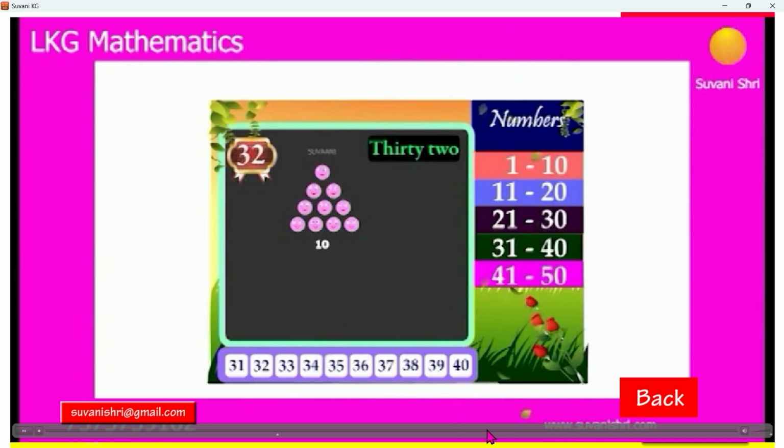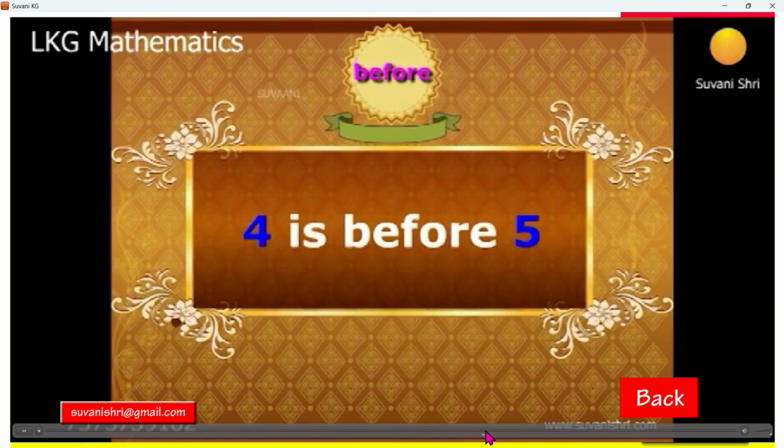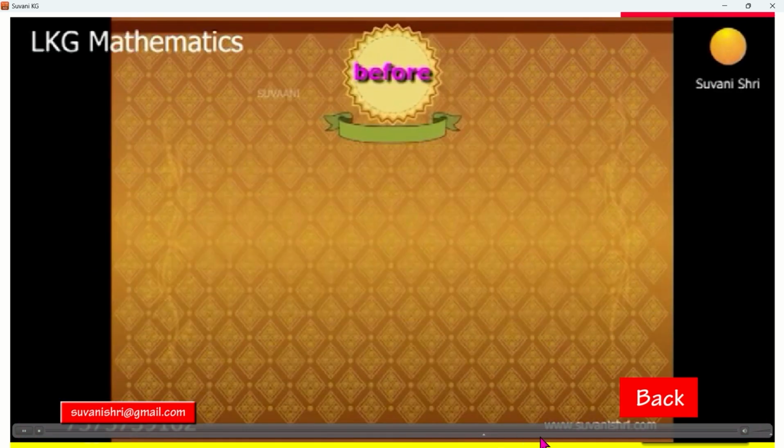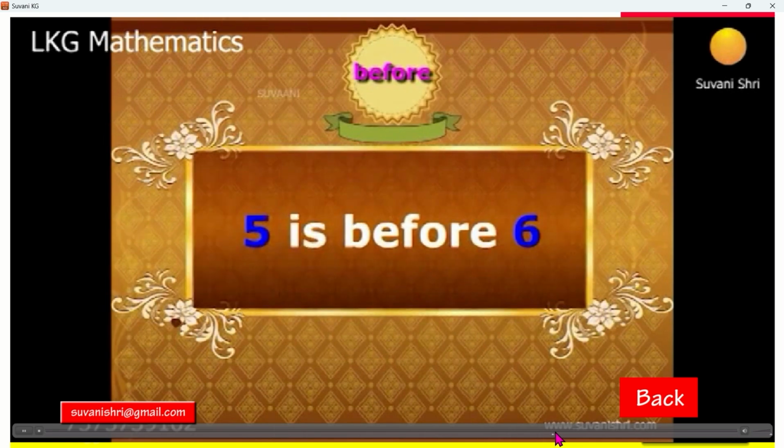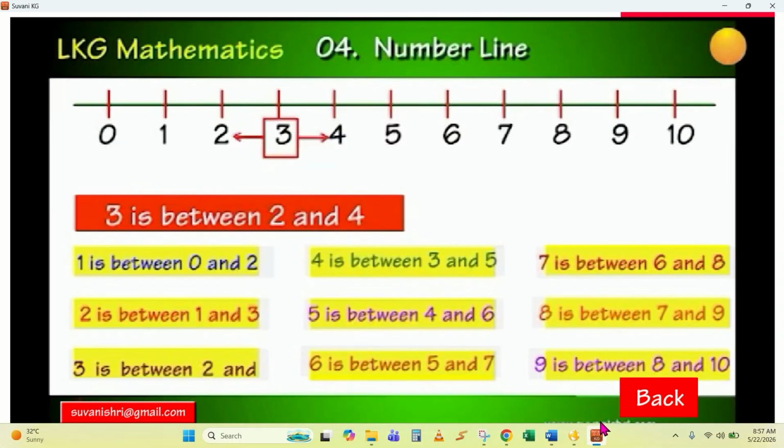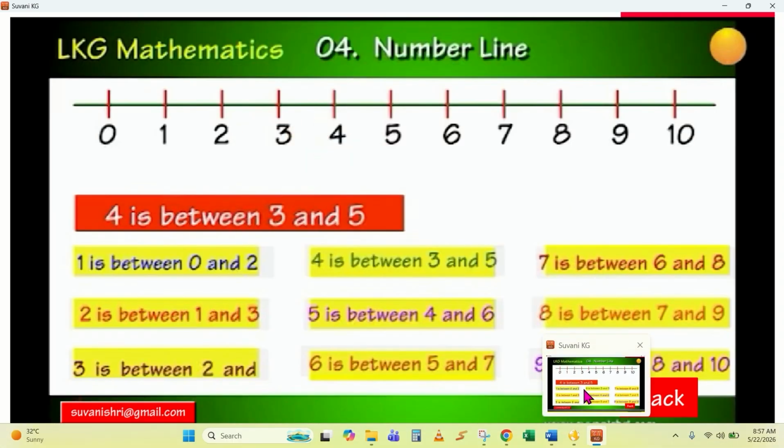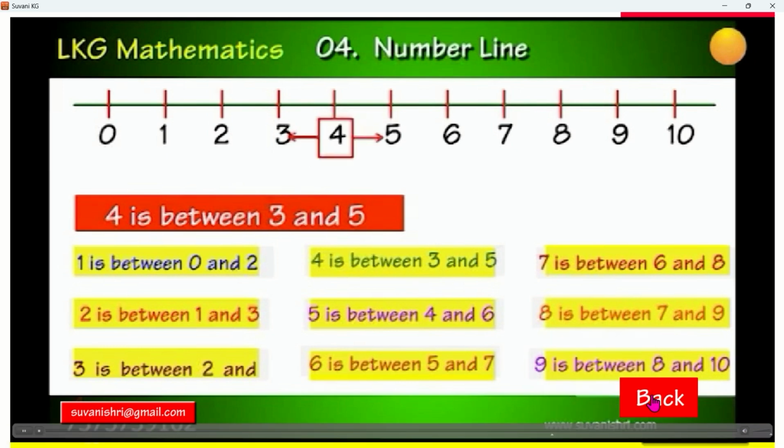10. Before 5. 5 is 2 and 4. 4 is between 3 and 5. 5 is between